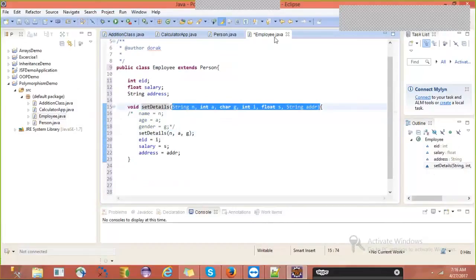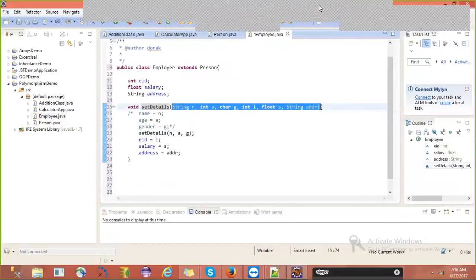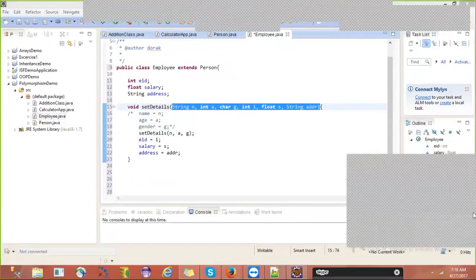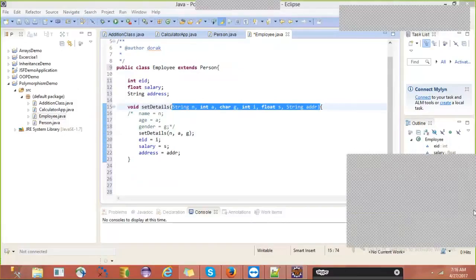Is it clear guys? The definitions we need to remember. Not overriding. Of course, now we are discussing the overriding concept, but what we have typed till now is only an overloading example. Step by step I am coming. Initially I wrote the simple person class, then I wrote the subclass, and in that I have written the overloading method.